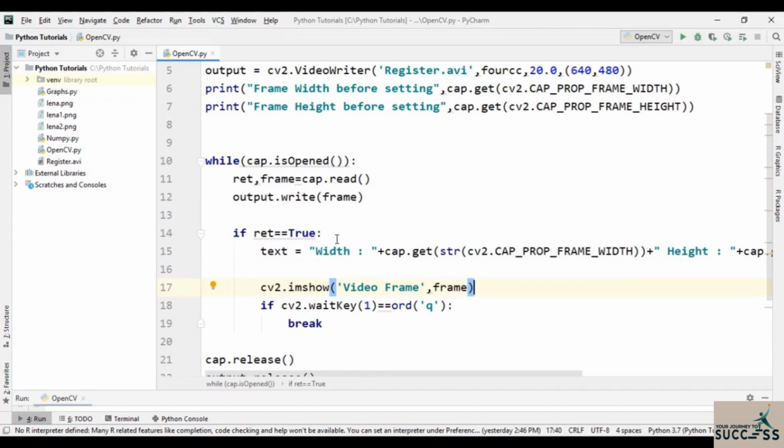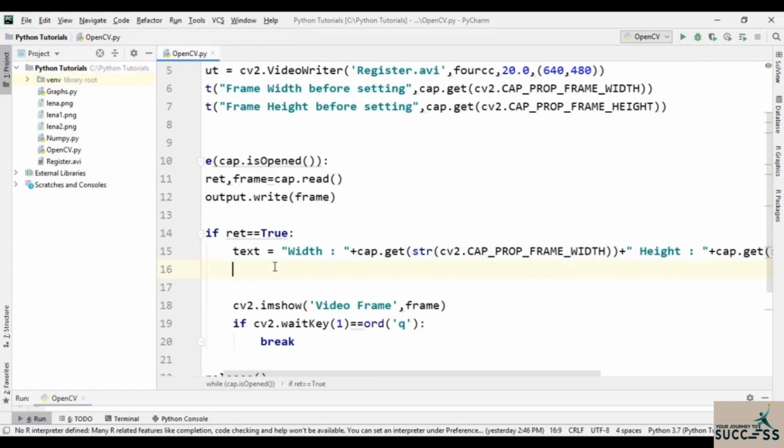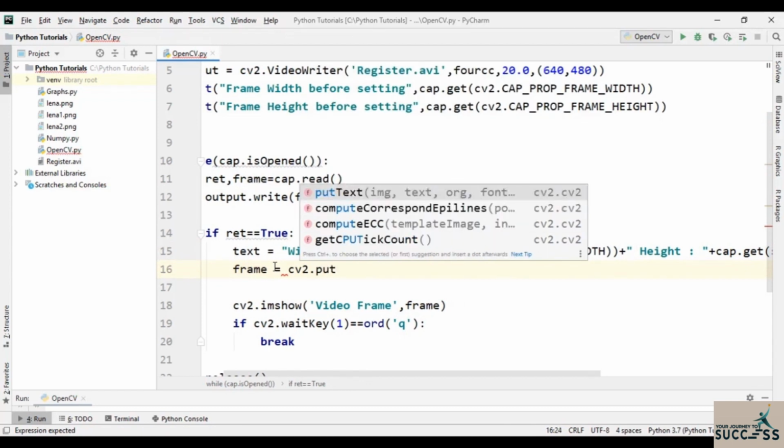All right, so now we have this text, and now we need to put this text on our video frame. The function that we're going to use for this purpose is the same as we use for putting text on images, and that function is known as putText. So basically we need to put that text on this frame. So I'm going to override this variable frame that we are reading right here while capturing the live video. So right here I will say that my frame will now be equal to cv2.putText,